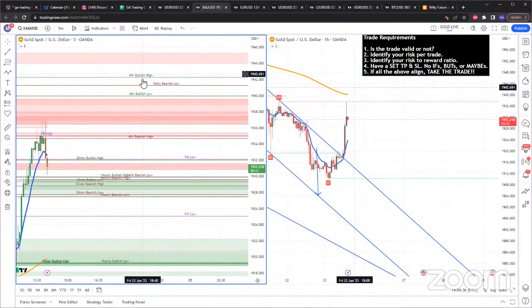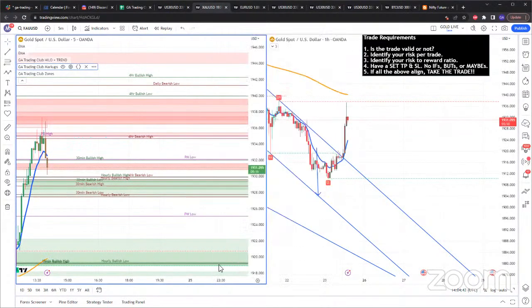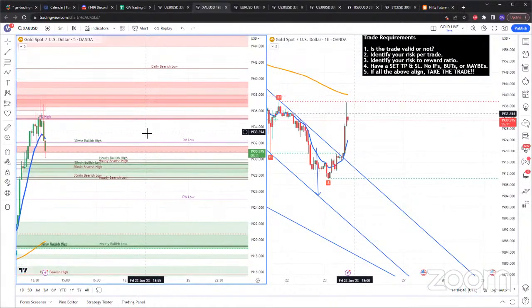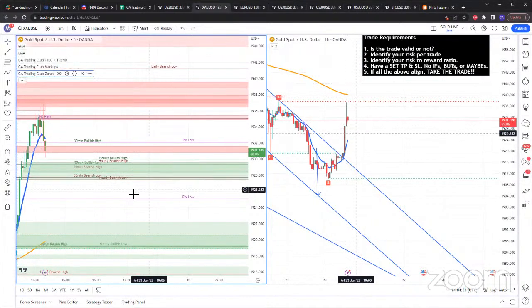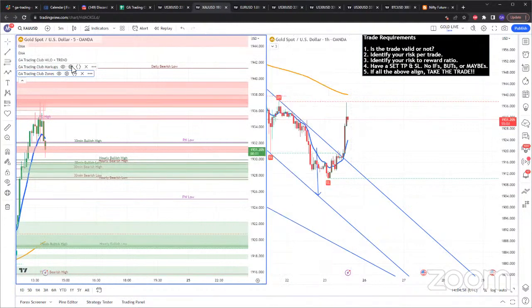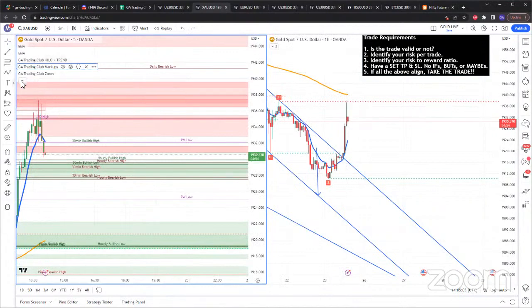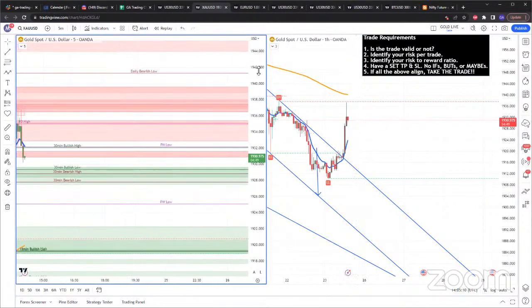Since I've canceled out the 4-hour bullish high and low, and if I really don't want to see them on my charts, I can come out here and uncheck them, so that I'm only focused on what's remaining on the chart. Okay, what are the other zones we have on the chart? Hourly bullish high, hourly bullish low. Those two, so we have 2 hourly order blocks, and those two cancel each other out. So I can just come out here. For me, I don't do this because subconsciously I'm able to take them out of my mind. But if you don't want to see them on your chart and you're canceling them out, you come in there and take them out. What are you left with?